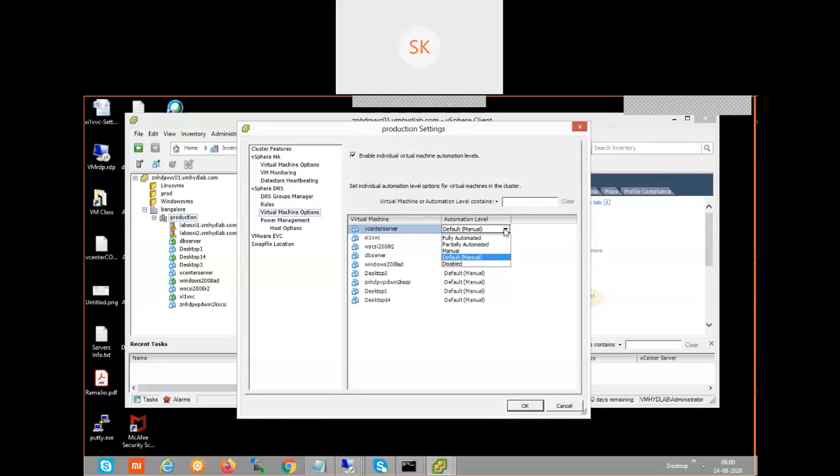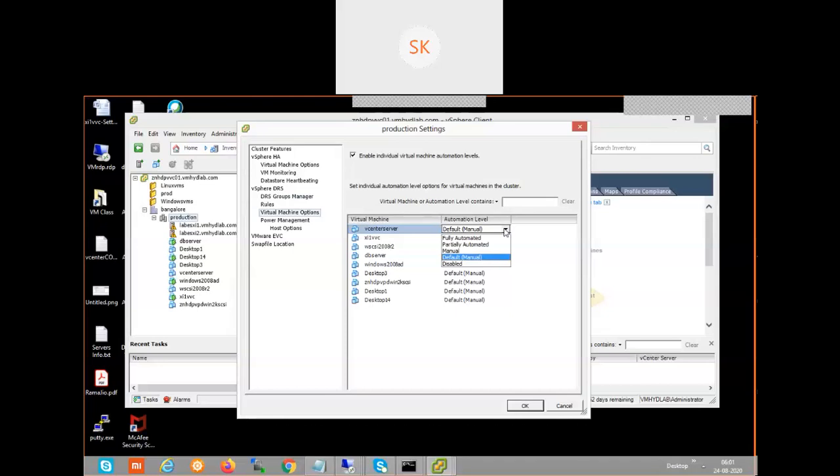What DRS is going to do, if you select fully automated, is choose any VM out of the available VMs to migrate. But if you select an individual VM and choose disable or manual, the DRS cluster feature is not going to check that VM. It may check other VMs to migrate. This is why I can restrict at the VM level as well. At cluster level, I can choose manual, partially automated, fully automated. The same feature is available on the respective VM as well. I can choose manual, disable, and everything.